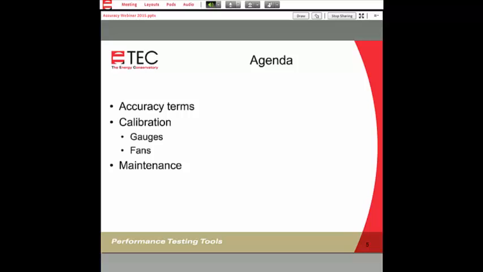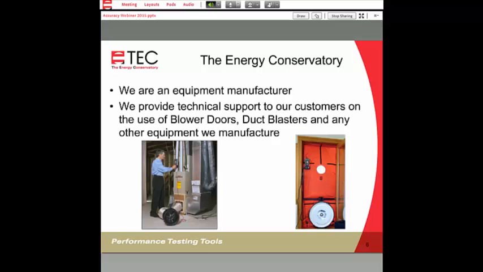So here's our agenda. We're going to be talking about accuracy terms, calibration, both of gauges and fans, and maintenance. The Energy Conservatory is a manufacturer of the equipment. We provide technical support to our customers on our blower doors, duct blasters, and all of the equipment that we make, including digital gauges.